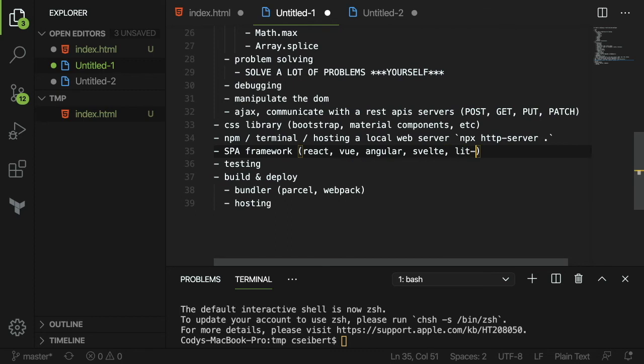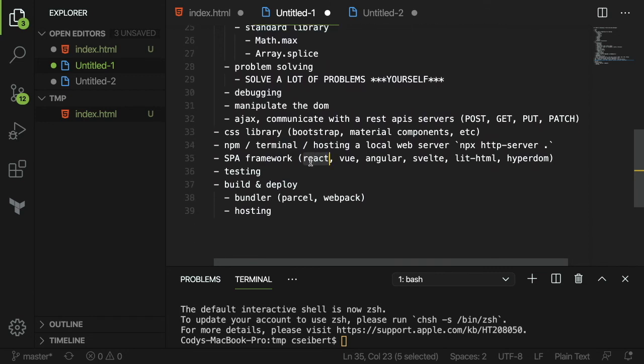You could use lit-html or hyperdom, and there are other lightweight things you could use here. But when you reach this point and you have a basic understanding of React and all this stuff, you're a pretty versed front end web developer. Most of these libraries and frameworks aren't that hard. They seem like a lot, but really, by learning, for example,